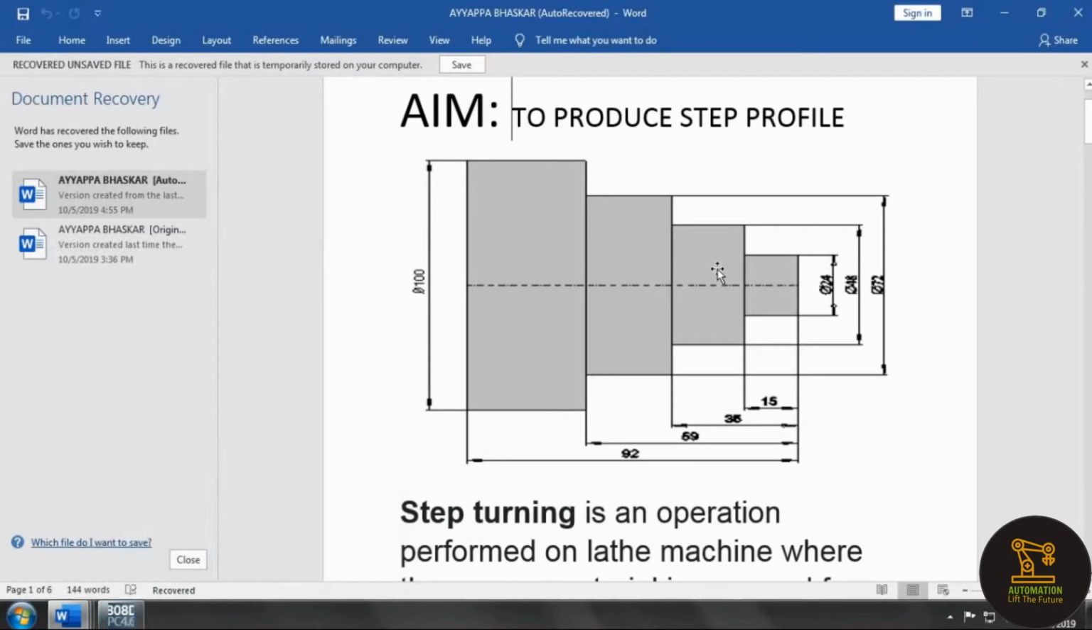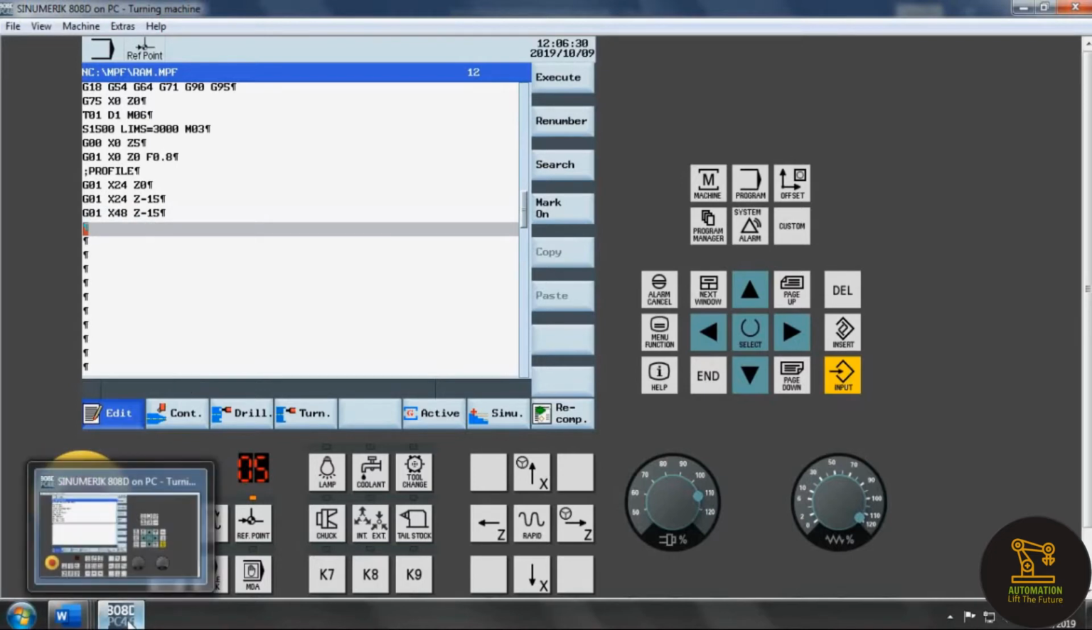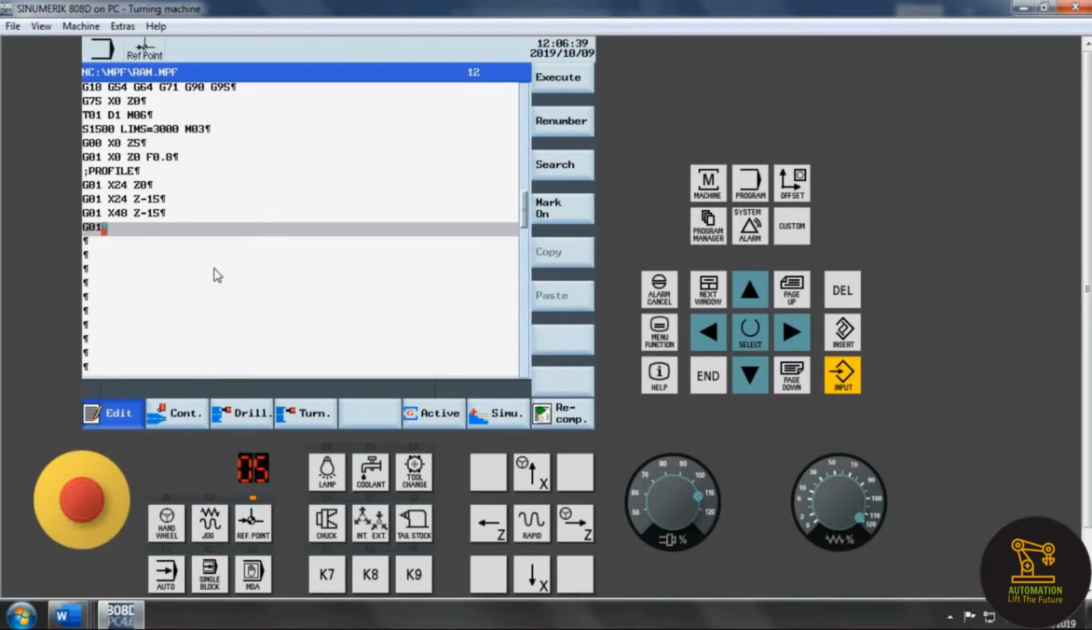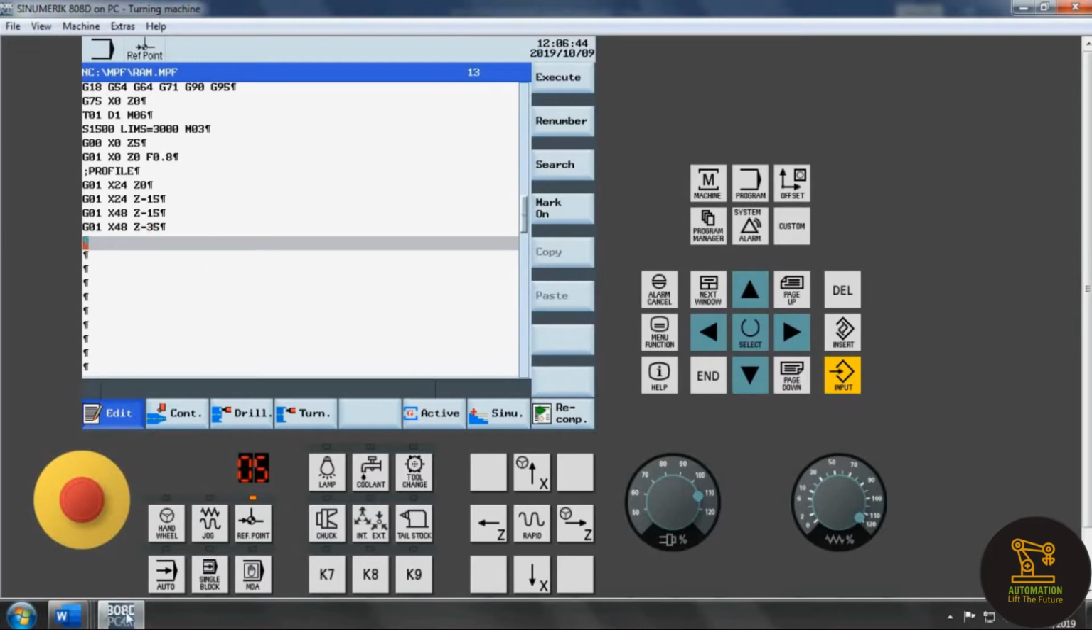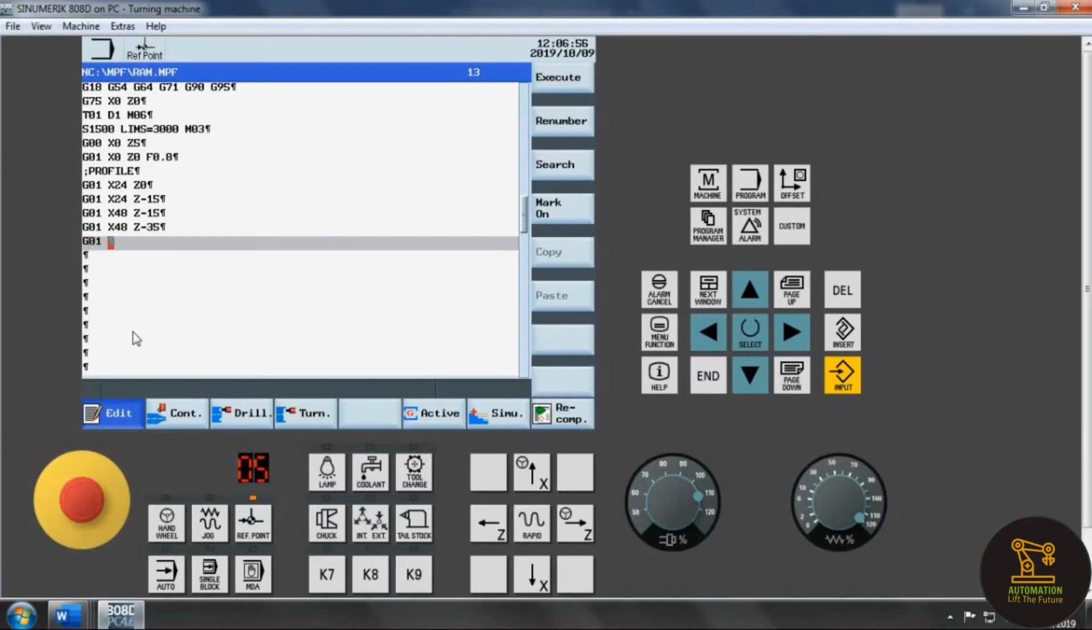and the next point is the third point, this one. So G01 X is 48 and Z is minus 15, and the next point is this point. So G01 X is 48 and Z is minus 35, and the next point is this. Hope you are understanding. G01 X is 72 and Z is minus 35,